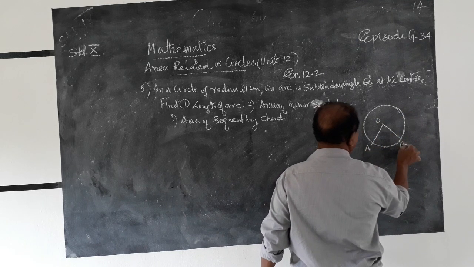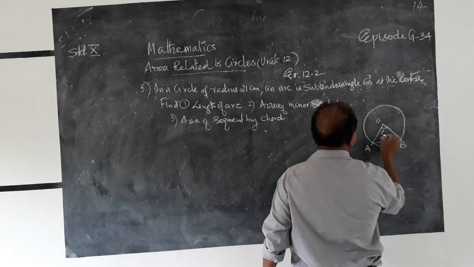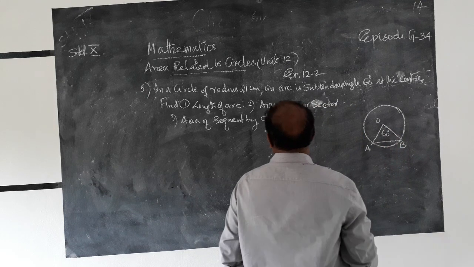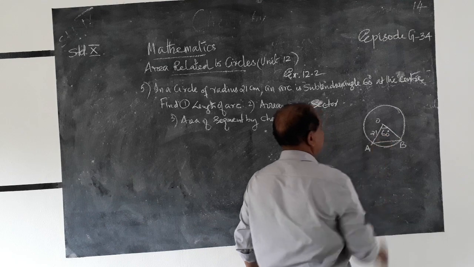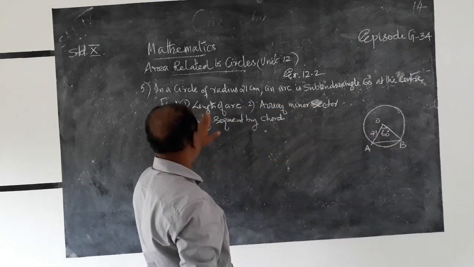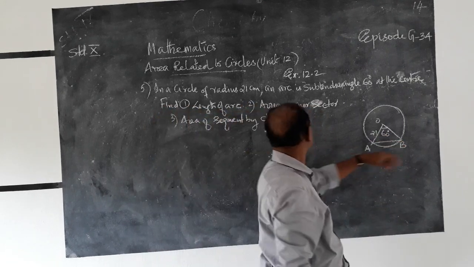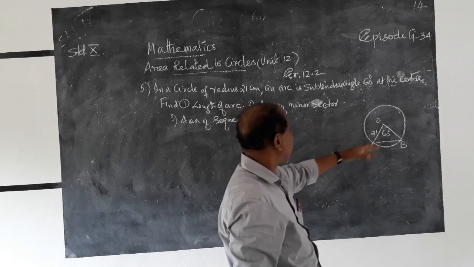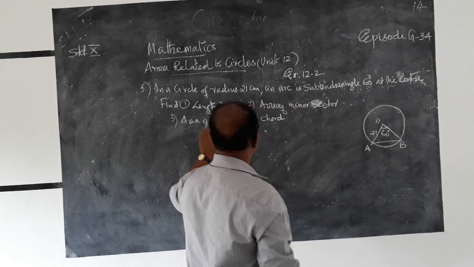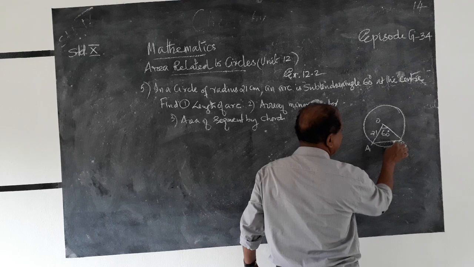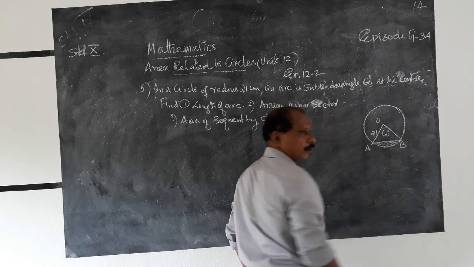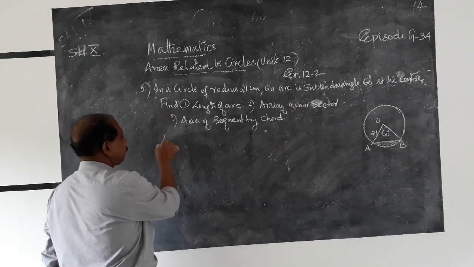O, A, B, this angle is 60 degrees, then 21 centimeter. Therefore, we can find out the length of the arc, that is AB, the area of the minor sector, okay, and the area of the segment by the whole, this area. The answer is,